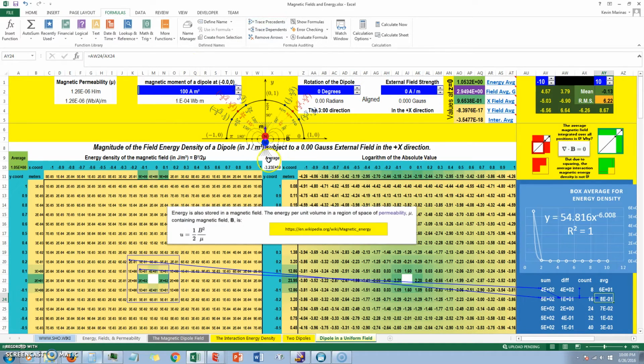Okay, so basically for each of these cells, I summed the contents of this to get that value, and I summed the contents of inside this box to get that value. I took the difference between those two values and I divided by, let's see here, this average is based upon,